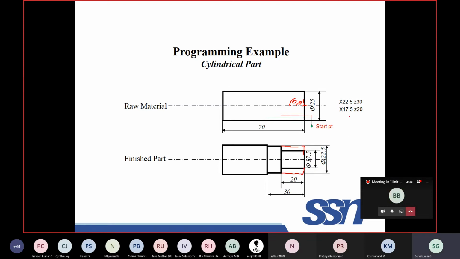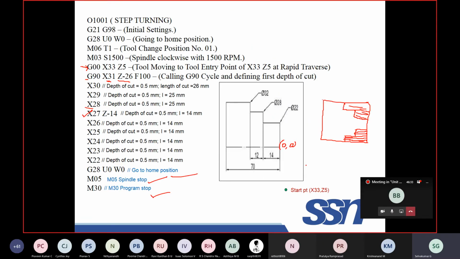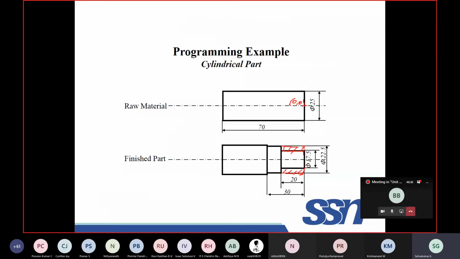Next, again I am giving a depth of cut. The X value I am giving is 17.5, which means this diameter. So from here, it will start moving and it is moving up to this. During this time, what happened? This portion is removed. This portion is removed. Therefore, you can complete the step turning operation. So the G codes, G00, G01, you can write, or you can invoke G90 turning, that is also used to do this. It is a single stretch, you can do the turning operation.